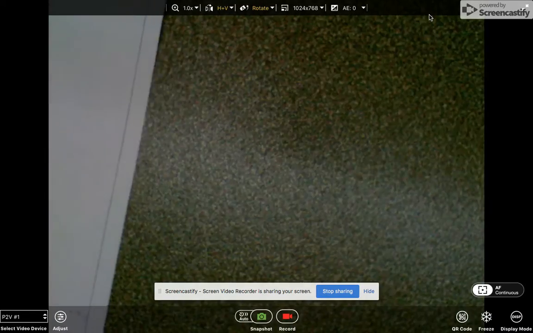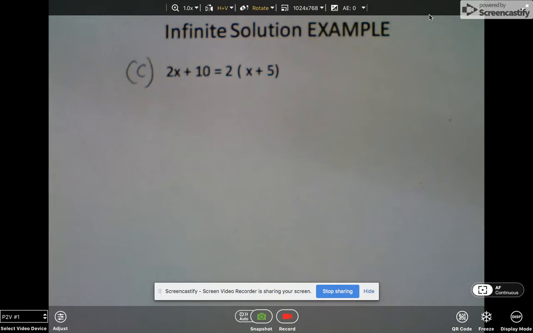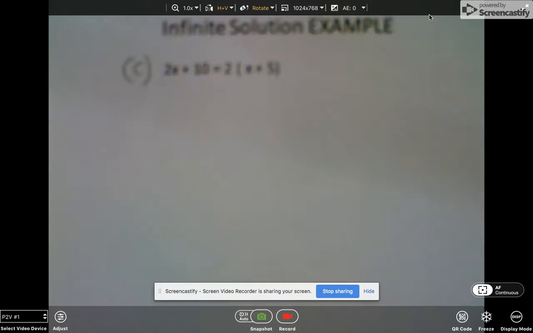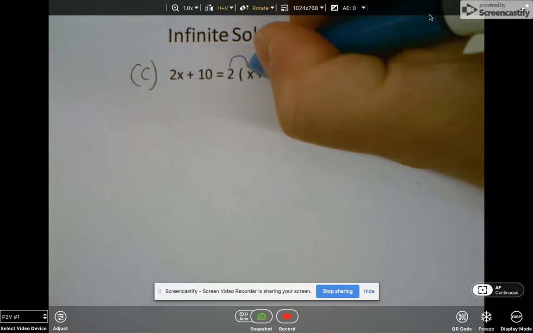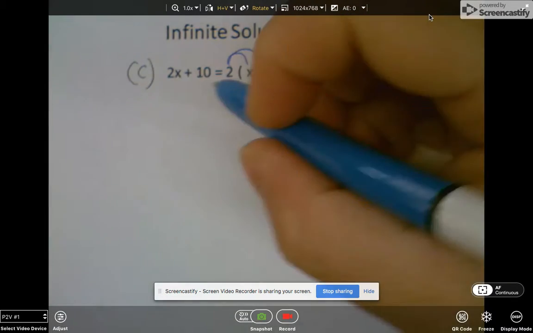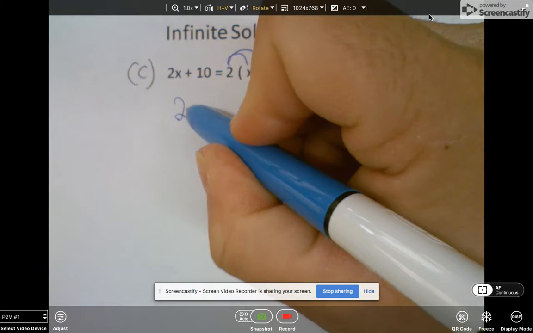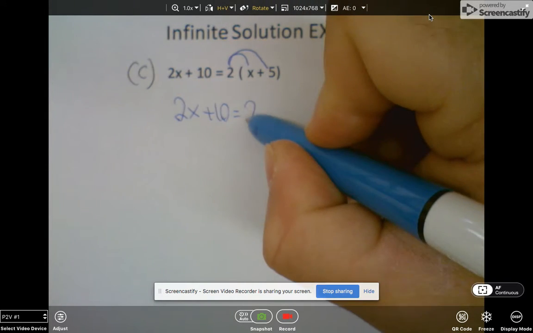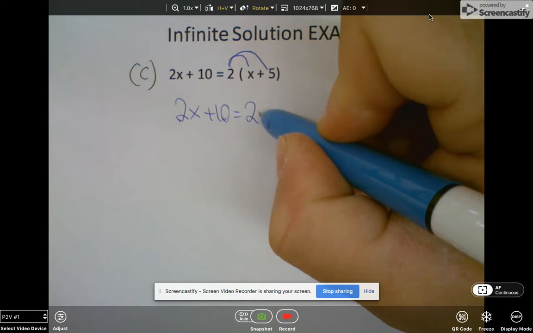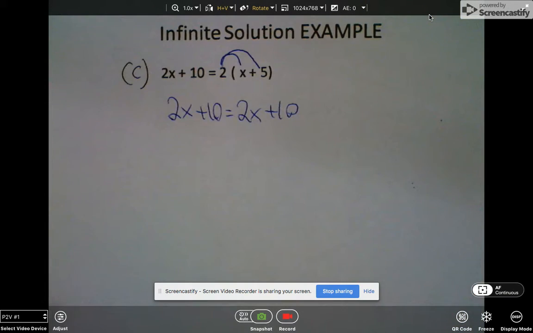Example C. So in example C here, we're going to go through solving it like we normally would. We'll distribute on the right side, and you're left with 2x plus 10 equals 2x plus 10. So when you solve this, you're left with,